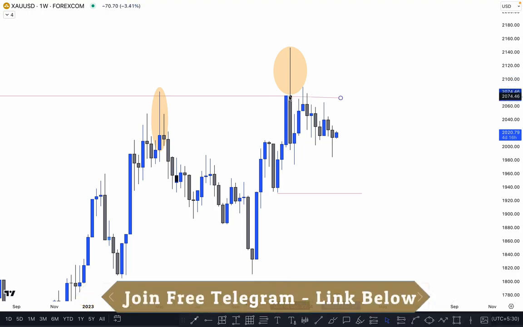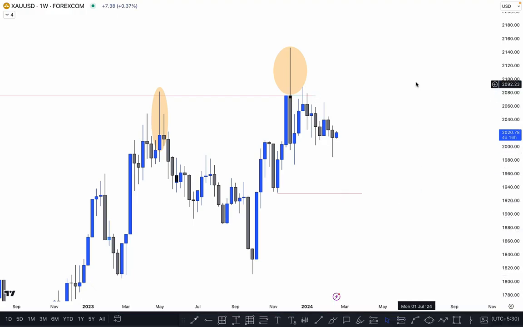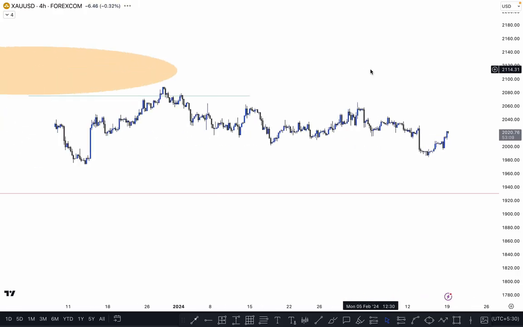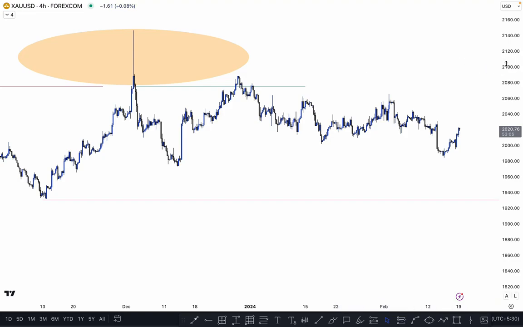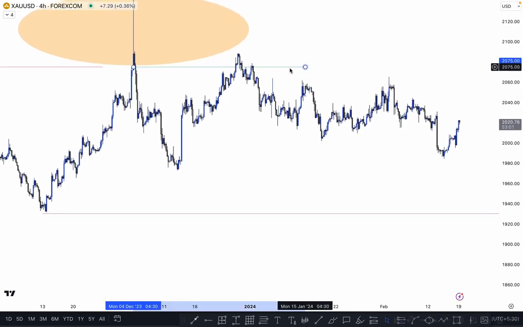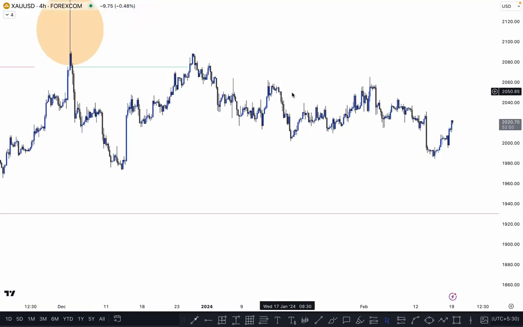Okay, so this one is our POI, which is already mitigated here, and if the market mitigates here, then definitely you can switch to a lower time frame for the sell. This is a weekly time frame. I'm going to switch here to the 4 hour time frame, right? Because the 4 hour time frame is a lower time frame to follow the weekly time frame. So the market mitigated here at this point. It means this one is a liquidity in the weekly time frame, which is already grabbed here, and price tapped here. And now after breaking the previous mitigation, this one, and creating any kind of chalk or flip,